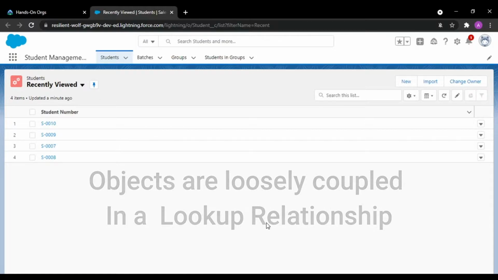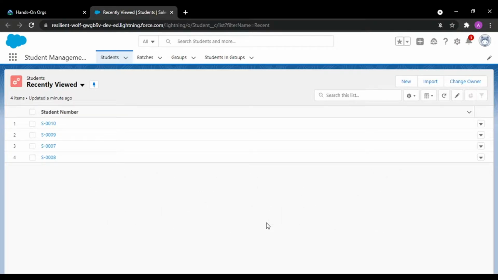Likewise, we are taking the example of wheels, and those wheels can be of any company, that doesn't matter. Company A, company B, or company C. So basically what a lookup relationship satisfies in Salesforce is that we can search multiple companies over our car object for the particular type of wheels.